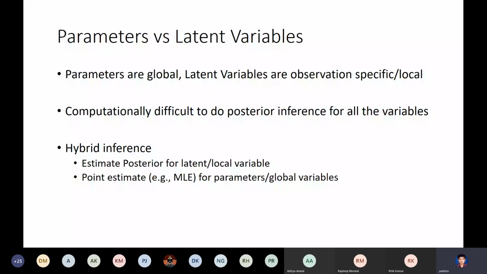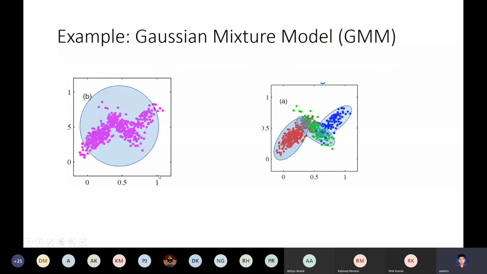So the latent variable reduces the load of full posterior estimation for both parameters and latent variables. It does full posterior only for the latent variables, and it allows you to do a point estimate for the parameter variables, reducing the complexity. We'll soon see an example of this. Okay. So another example of where introduction of a latent variable is useful is something